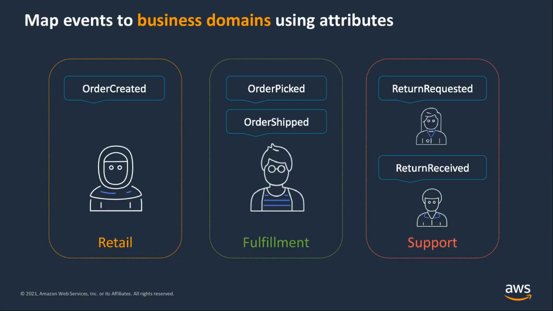So after the events and commands are discovered in that session, the events are mapped to business domains using what we call bounded contexts. And a bounded context is a logical boundary between organizational units. So that's represented by these rounded rectangles here. We have a retail bounded context, fulfillment and support bounded contexts in this example. And you might have already guessed that bounded contexts are similar to microservices. So this is a central pattern in domain-driven design.